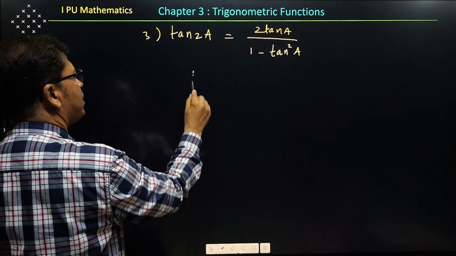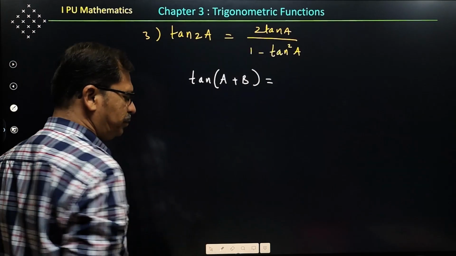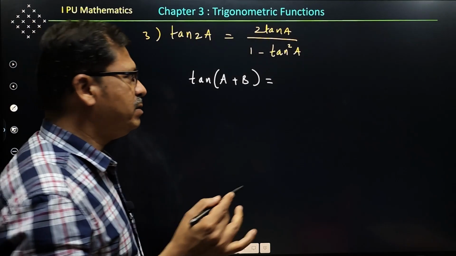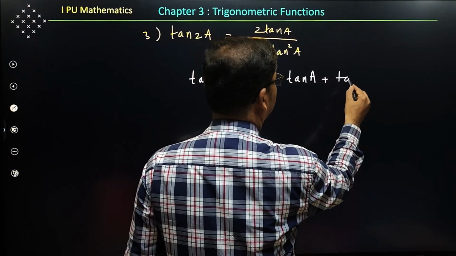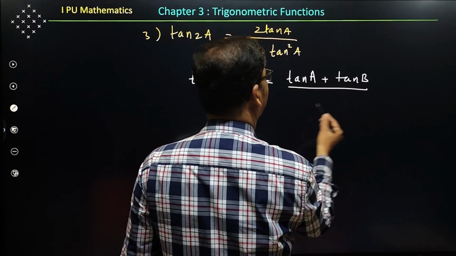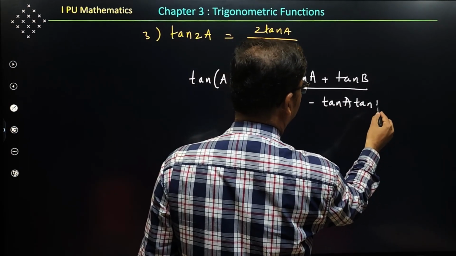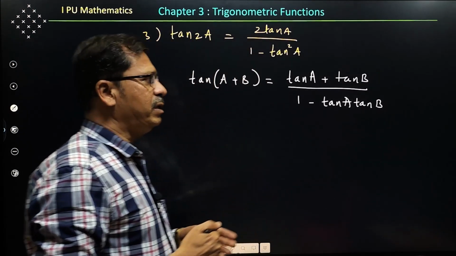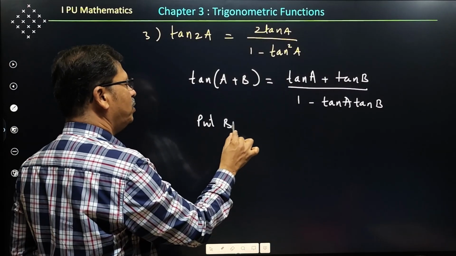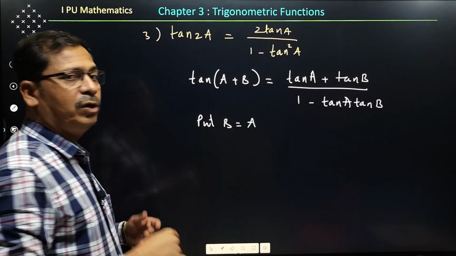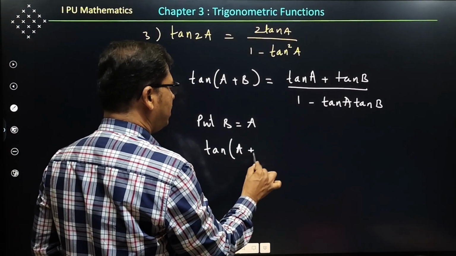Now let me take into consideration the result tan of a plus b. Use the result tan of a plus b. Tan of a plus b is equal to tan a plus tan b divided by 1 minus tan a into tan b. You substitute as before, b is equal to a here. If you take b is equal to a, the above result reduces to tan of a plus a,